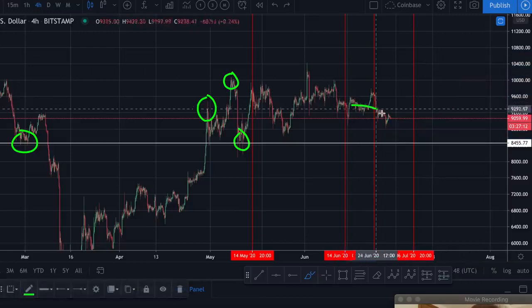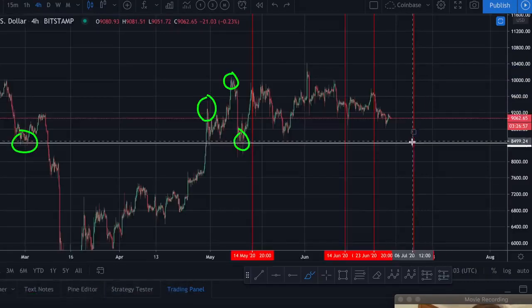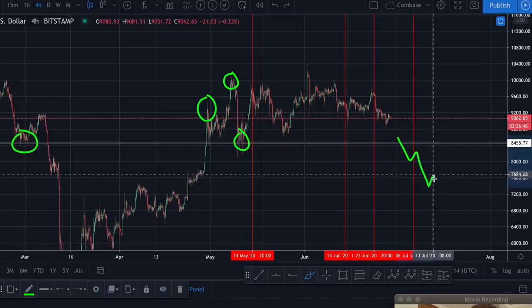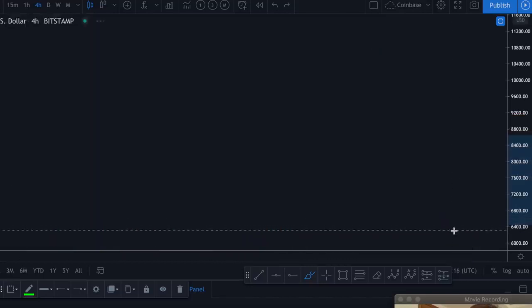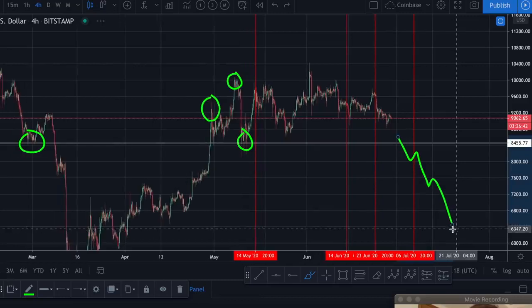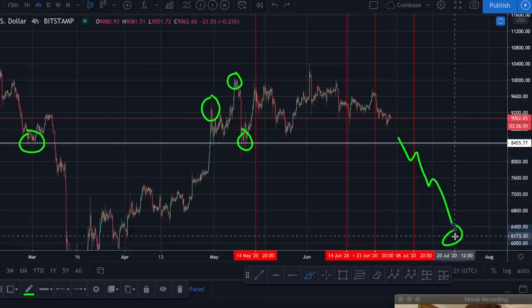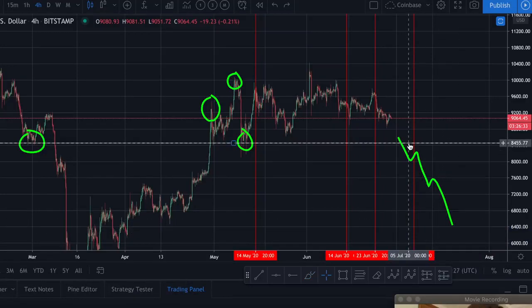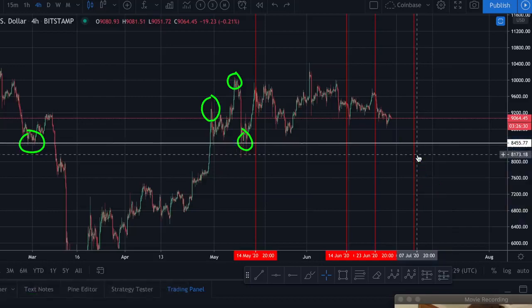But we are seeing the signs that we are most likely going to see a reversal here. And my analysis and my prediction is that if Bitcoin breaks this key horizontal level, then that is the confirmation of the bear scenario, and Bitcoin is very likely to come all the way down to $6,200, which is all the way down here. This is the Fibonacci golden pocket, and I think that is the bearish scenario. So keep a very, very close eye on 8,450 in the next few days and weeks.